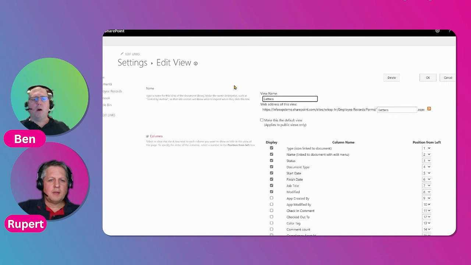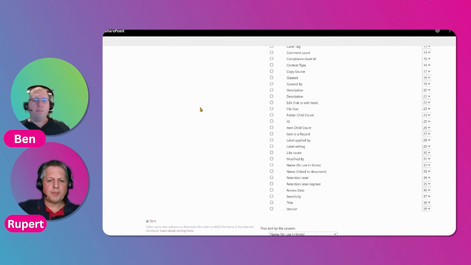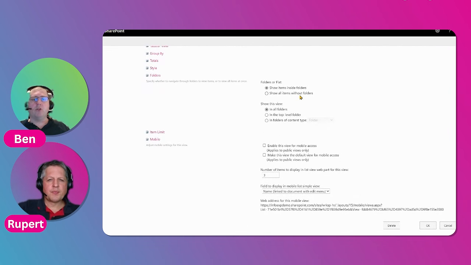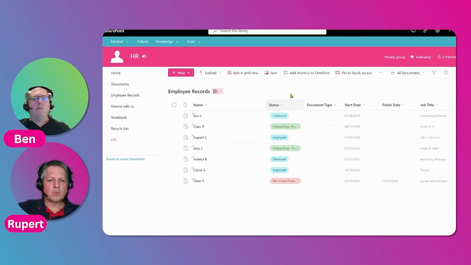We see this quite old experience. This has been around for quite a long time, 2013, I think. If you scroll down, we'll see hidden near the bottom is an option that says folders. Now if you switch that from show items inside folders to show all items without folders and press OK, we're now going to see,